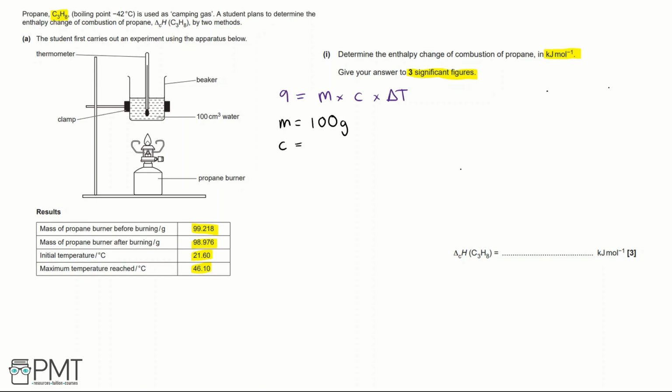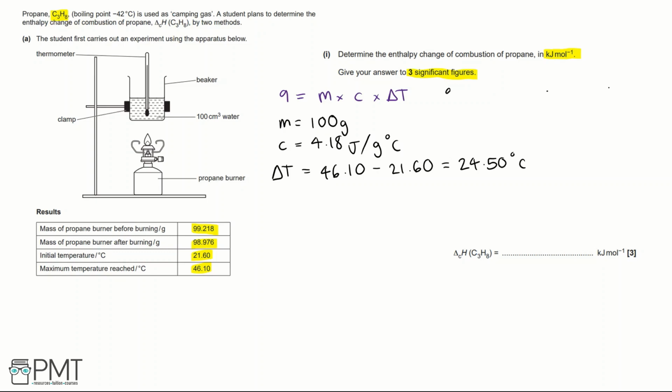C is the specific heat capacity of water, which is 4.18, in joules per gram degrees Celsius. And delta T is the change in temperature. So that's going to be 46.10 minus 21.60, which equals 24.50 degrees Celsius. Then we can plug these numbers into the equation and we get Q, which is